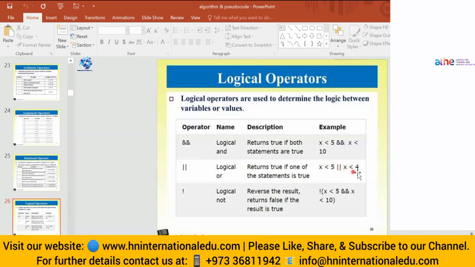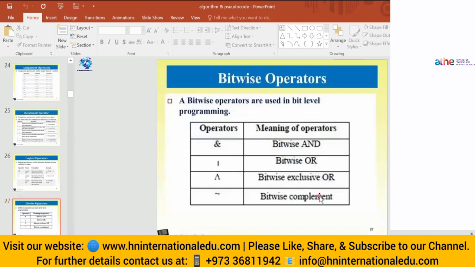Then the exclamation mark is logical not. It reverses the result: it returns false if the result is true. So if the whole expression x < 5 and x < 10 is true, the result will be false, because the logical not is used.